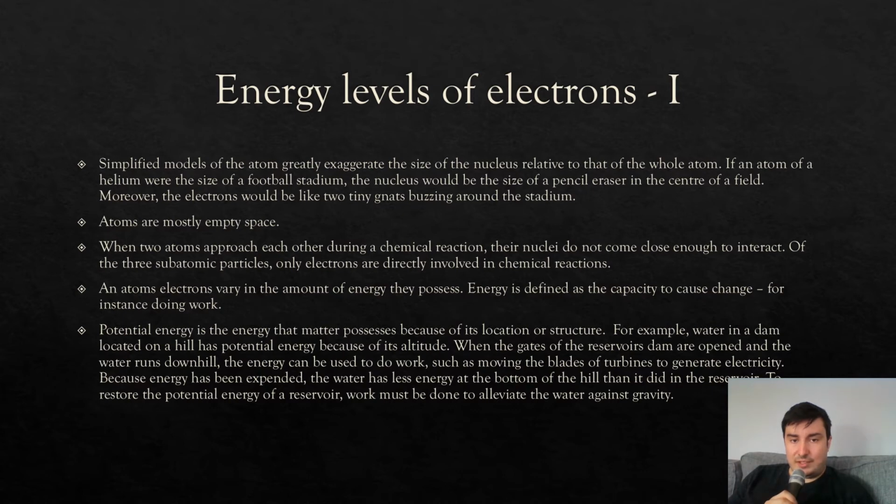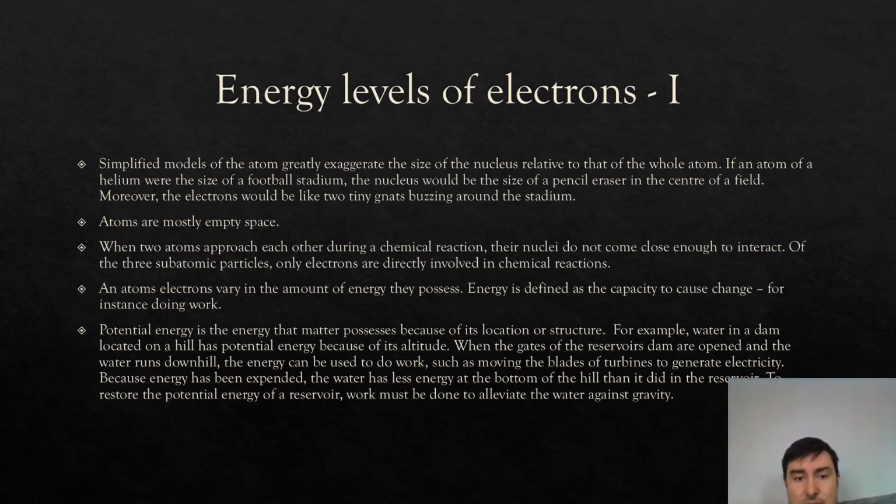When two atoms approach each other during a chemical reaction, their nuclei do not come close enough to interact. Of these subatomic particles, only electrons are directly involved in chemical reactions. An atom's electrons vary in the amount of energy they possess. Energy is defined as the capacity to cause change,